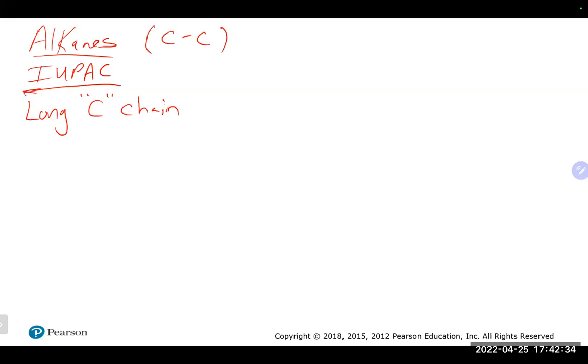And whichever way is the longest, it should match, in our case, one of those first 10 alkane names. That's the base of your name, be it methane, propane, butane, pentane, whatever those may be. Now, if you have the option of the straightest, that's sometimes a good thing to go with, so it makes things easier to see. You can put a box around it, if you will.